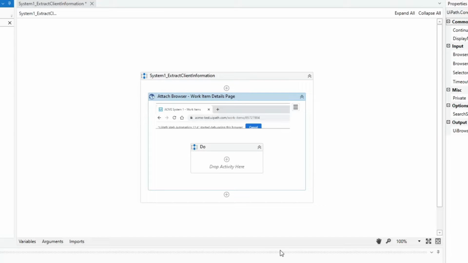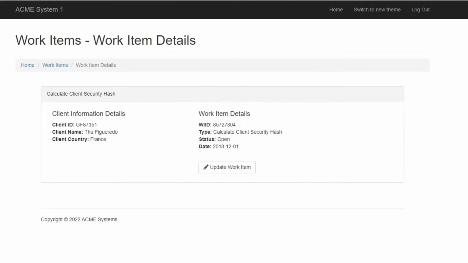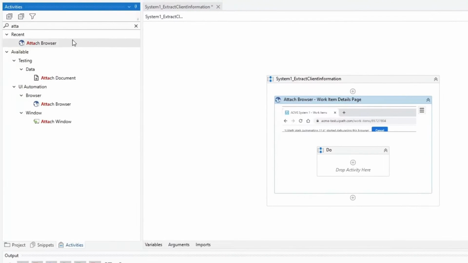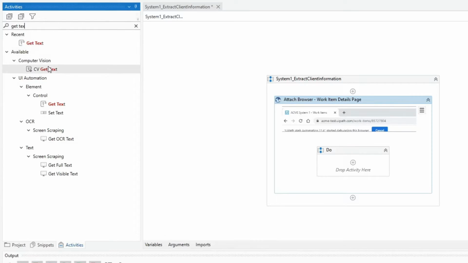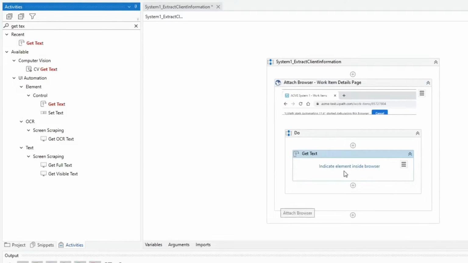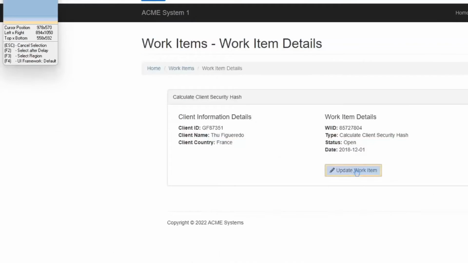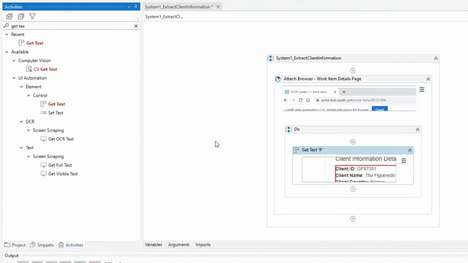Next is we will be using a get text activity because we want to extract this client information. So look for the get text activity. So let's try to indicate the first information, which is the client ID. And if you notice, we cannot indicate specific data like client ID or client name. So